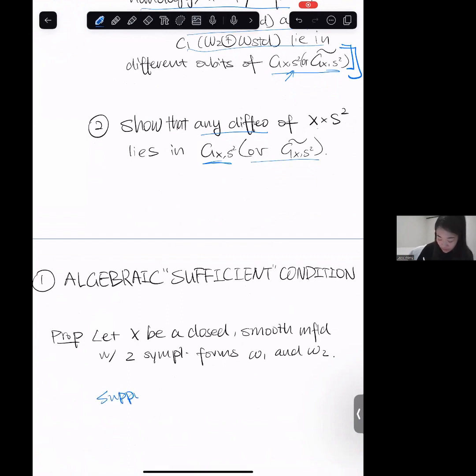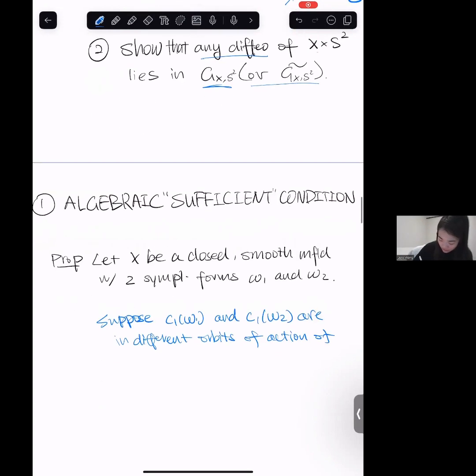Suppose C1 of omega 1 and C1 of omega 2 are in different orbits of the action of these homology or homotopy equivalences,